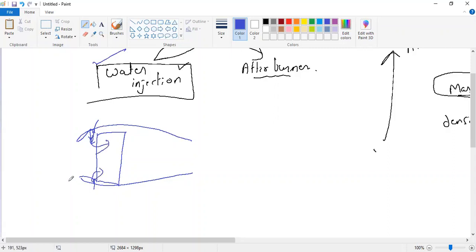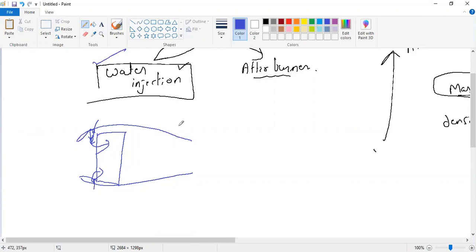Everything after this, whatever I have taught you for the rainfall, same thing will happen. Water will go inside the compressor. Compressor is rotating at a high speed. So the compressor will increase the pressure. If the pressure increases, according to the general gas law, pressure is directly proportional to the temperature. That means temperature of the air also increases. So high temperature will convert this water into water vapor.